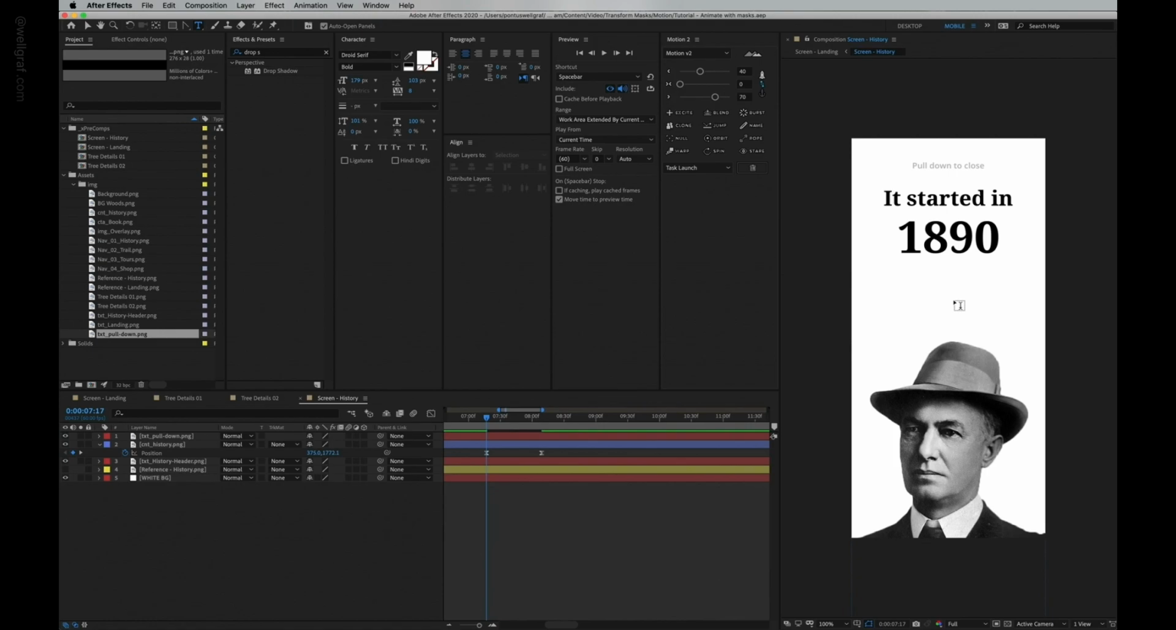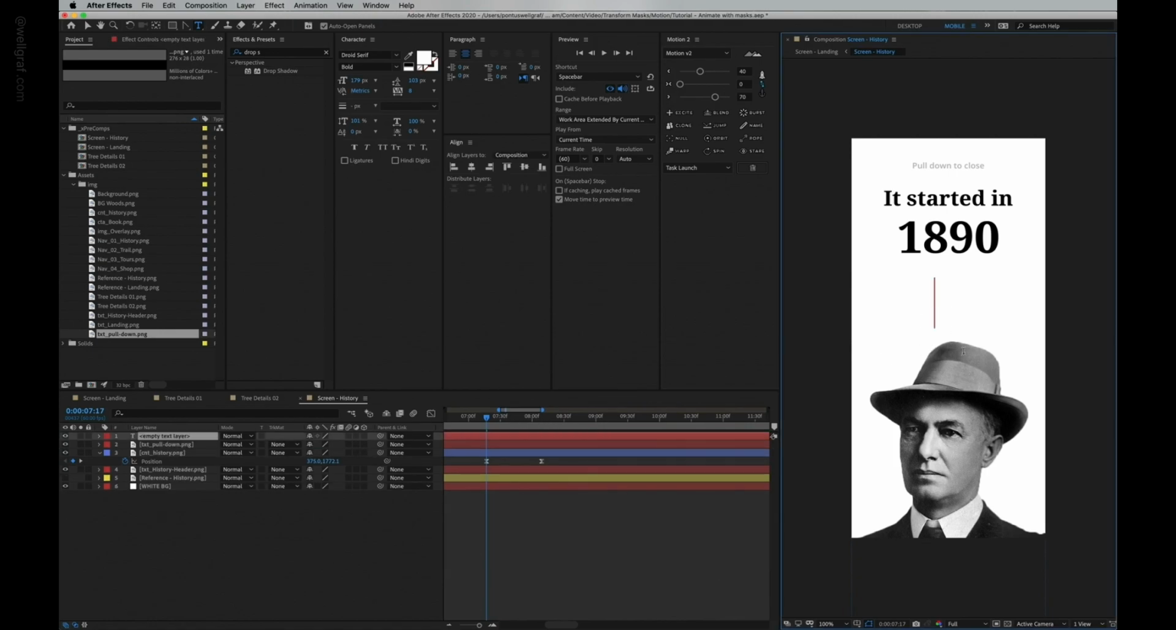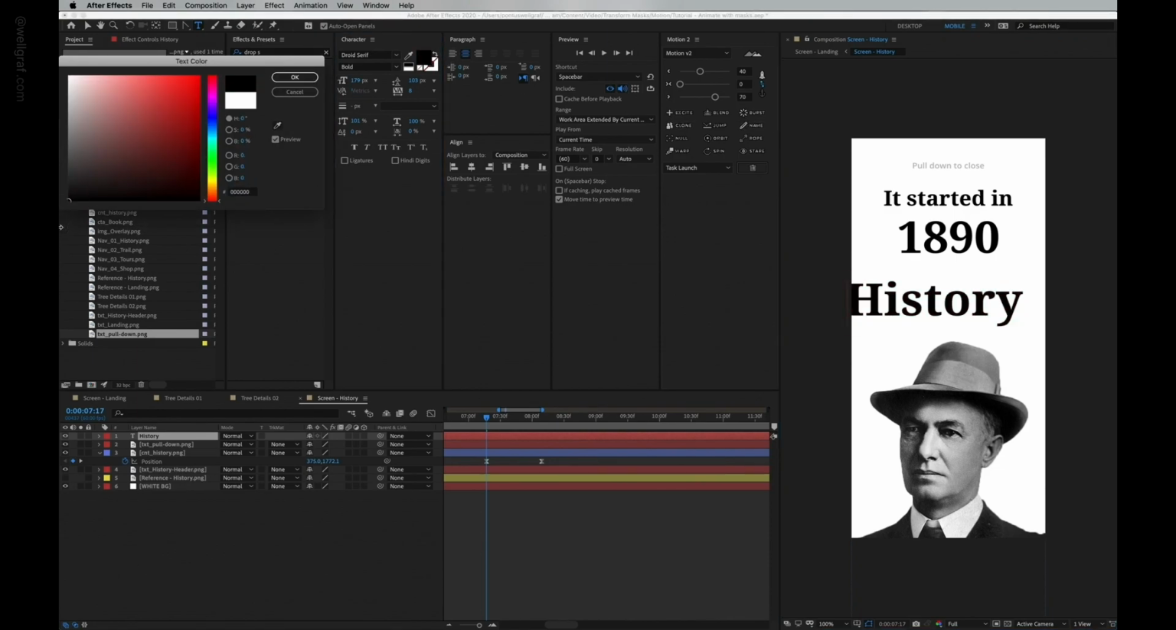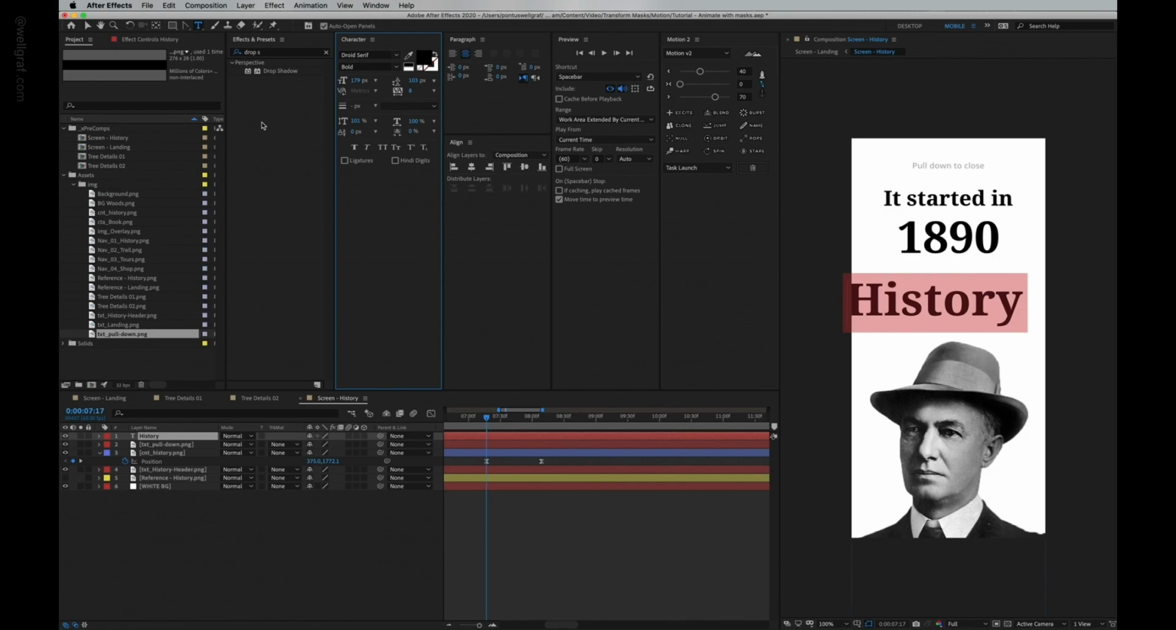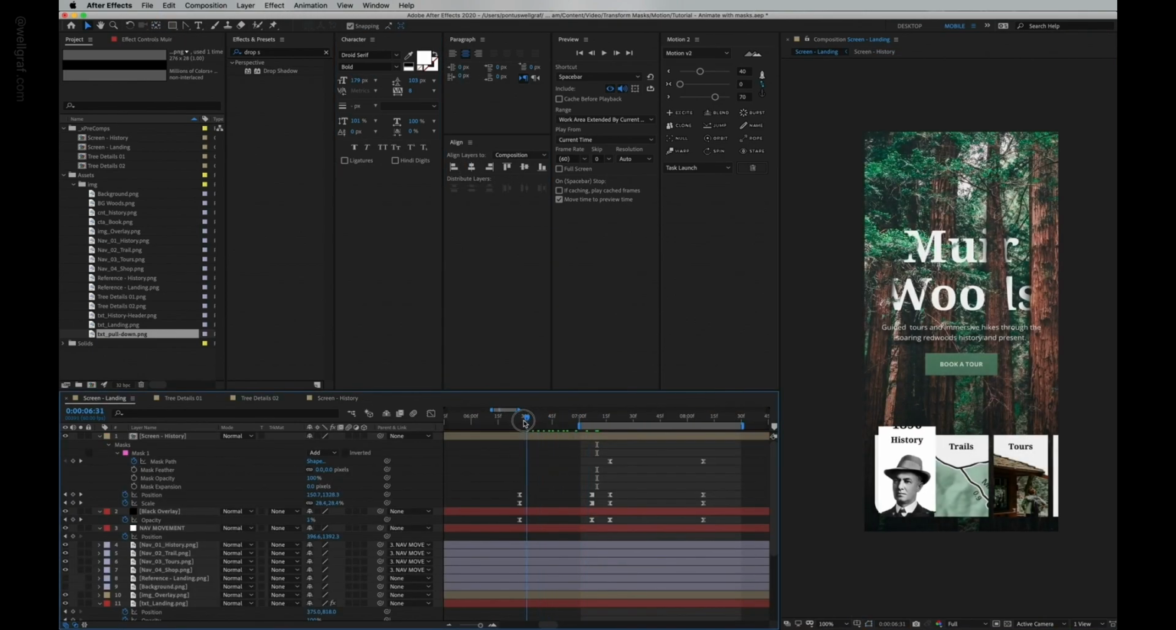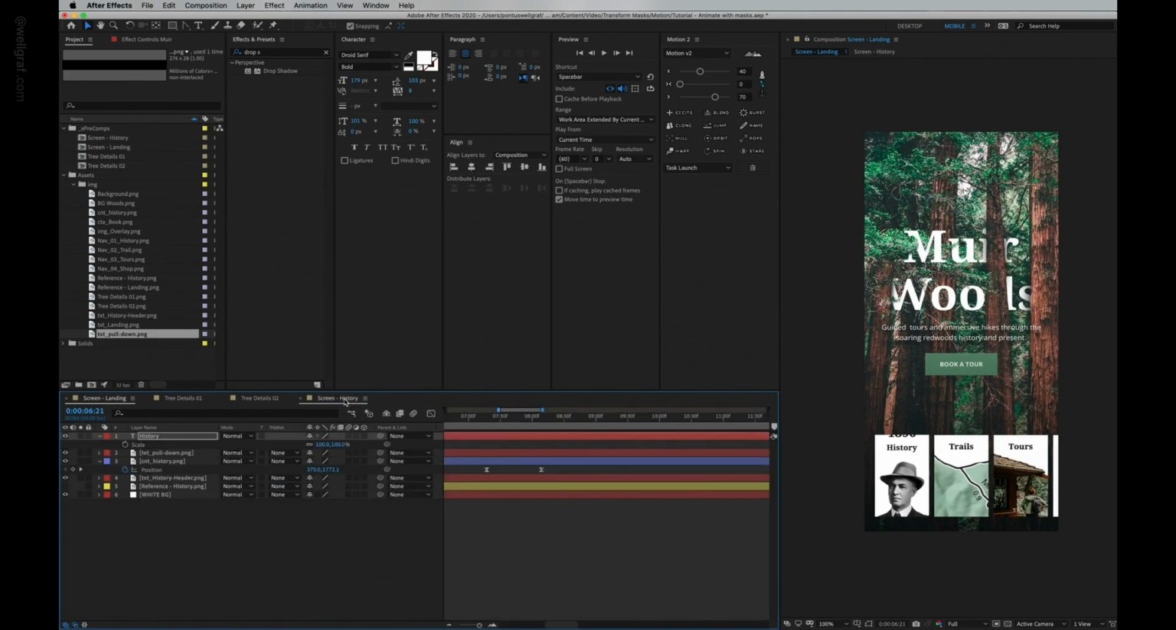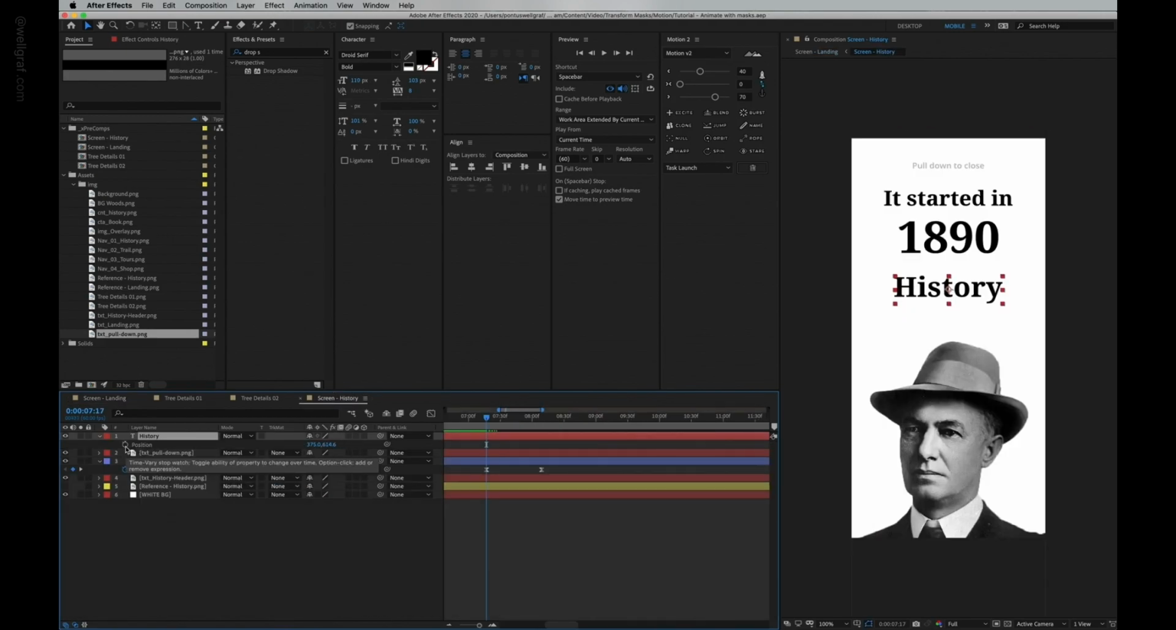So let's select the text tool, tap into the composition and write out the word history. Change the color here to appropriate black, and then we're going to shrink it down to the appropriate size and match it to the reference image. So now we got a pretty good alignment there, and we want to go back to the composition to animate